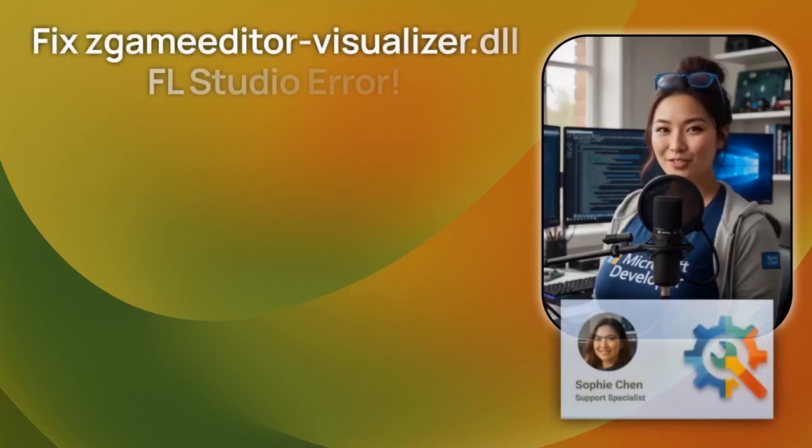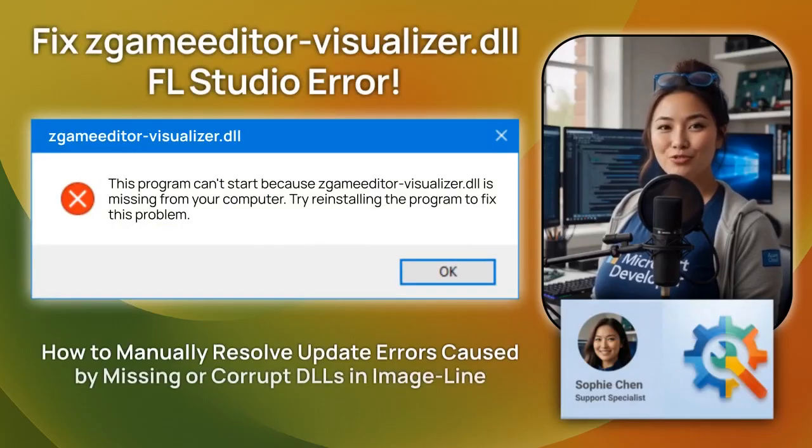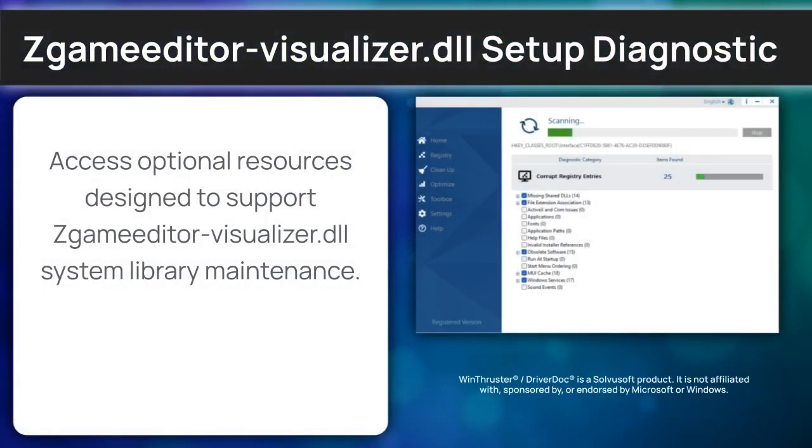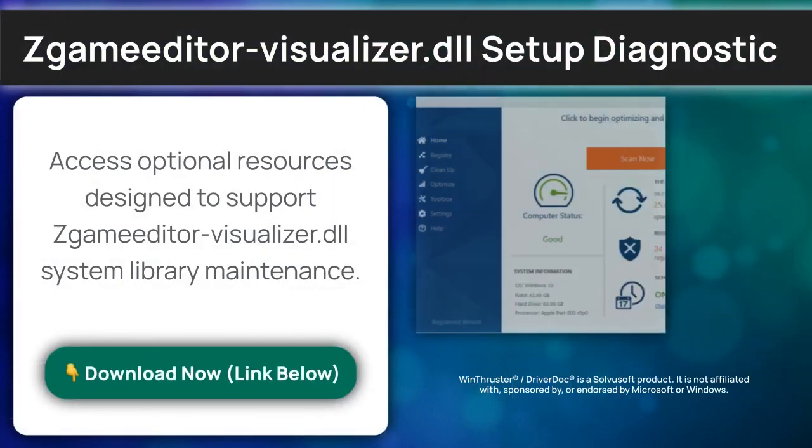Are your image line apps crashing due to the Zgameeditor-visualizer module DLL? I'm Sophie Chen, a senior Windows support engineer, and I'm going to diagnose that error and fix it now. As we prepare to resolve Zgameeditor-visualizer module, consider using the diagnostic path below to ensure a stable environment for your